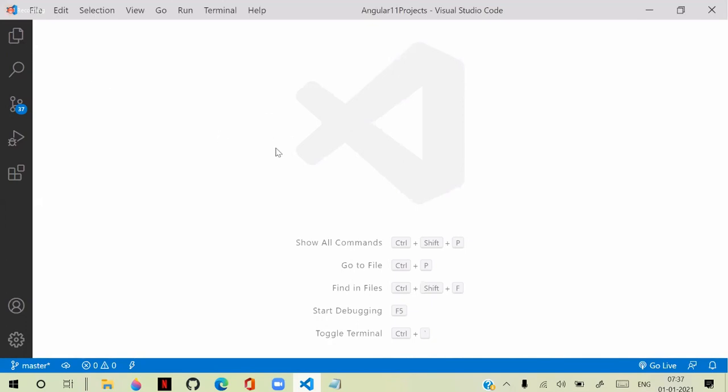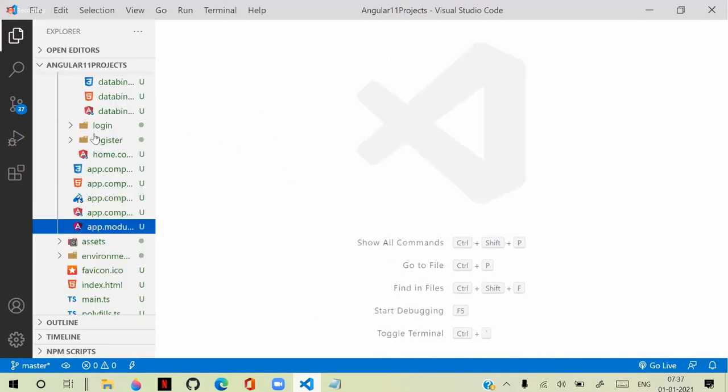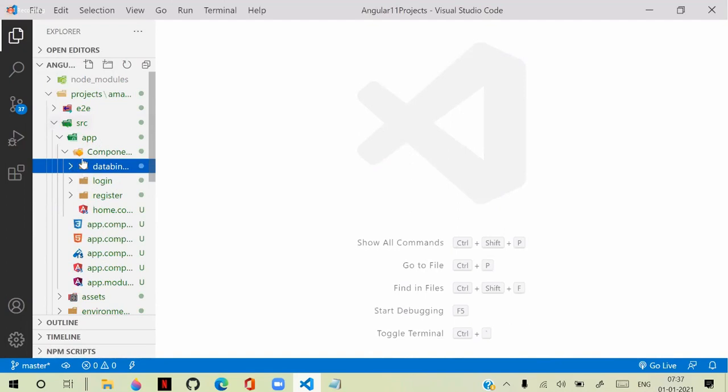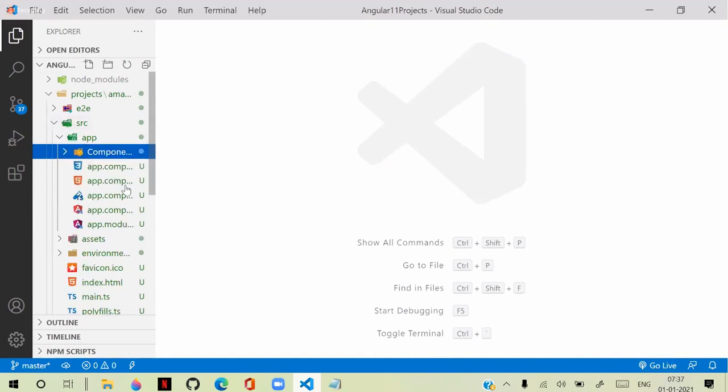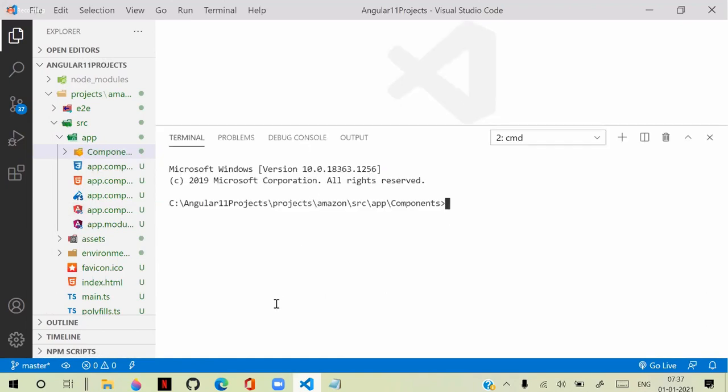So let's create a new component. I will open here and create a component. I'm running ng generate component, and I'm giving the component the name MVVM demo.